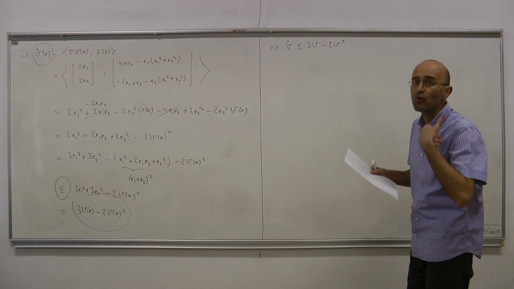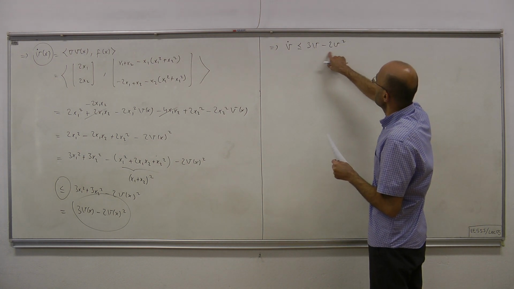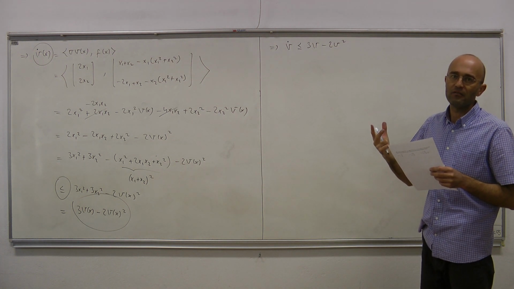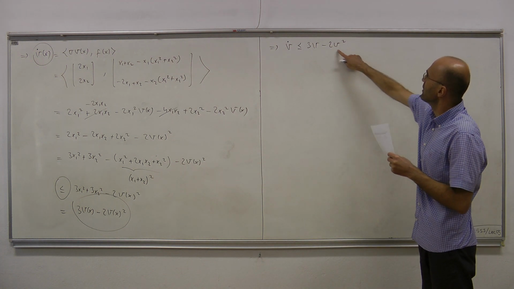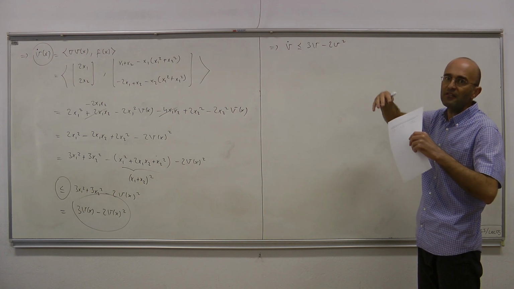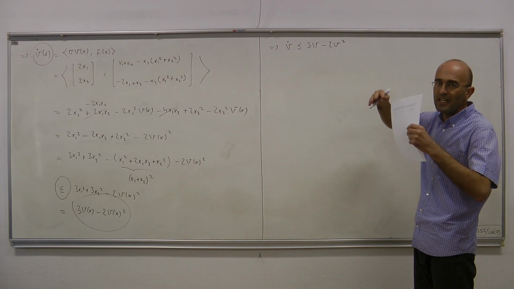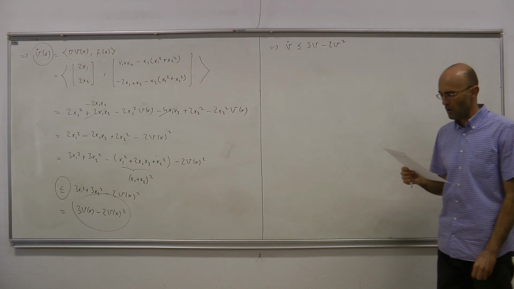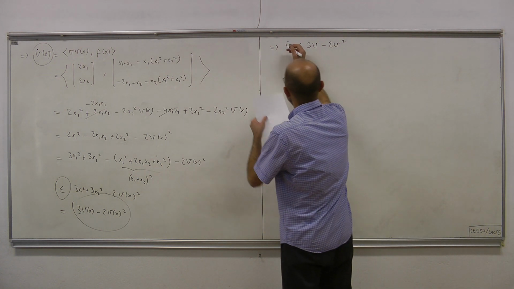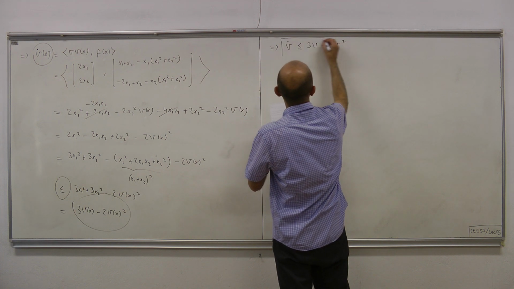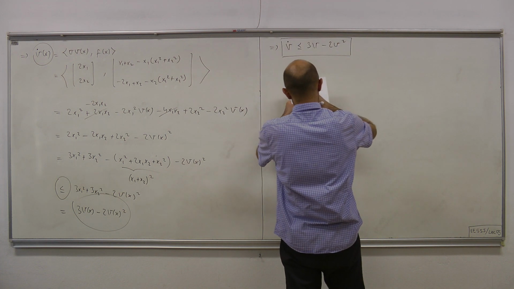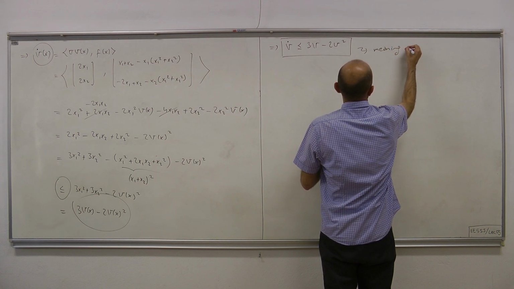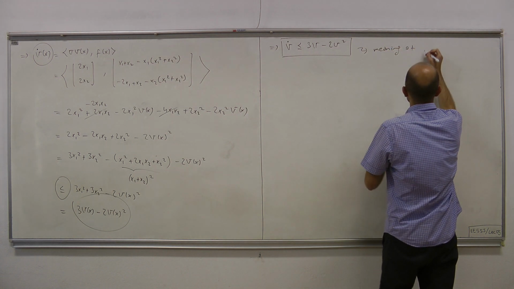But when V is quite large, this term will dominate, and V dot will be less than or equal to something negative. That means for large enough V, V dot is negative, so if V is large, it has to shrink, it has to decrease. And that has some important consequences. So let's therefore talk about the meaning of this inequality.